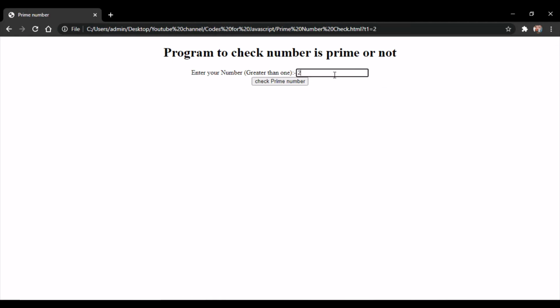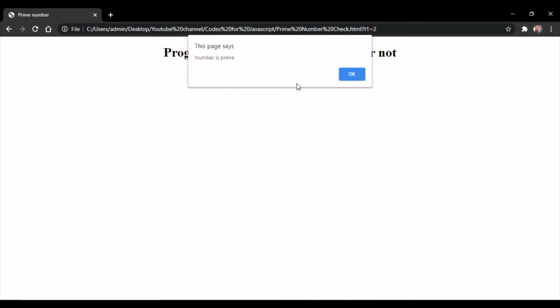Sorry, I just need to click on the box. Check prime number. So we know that number 2 is prime. That's what the web page says as well. Number is prime. So now we know our program works. This is how you do break statements and how you use the two types of loops efficiently in a web page. I'll just go back to the textbook page.